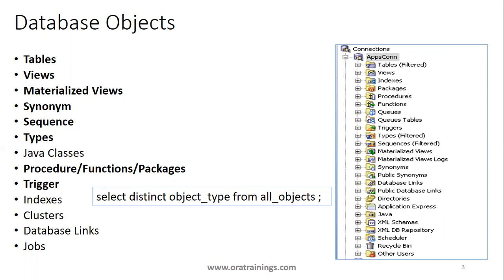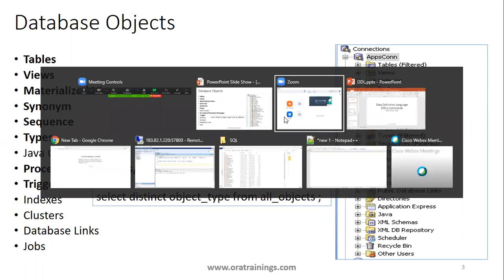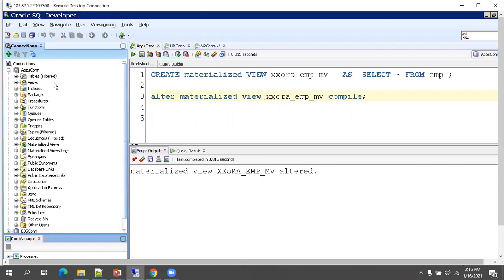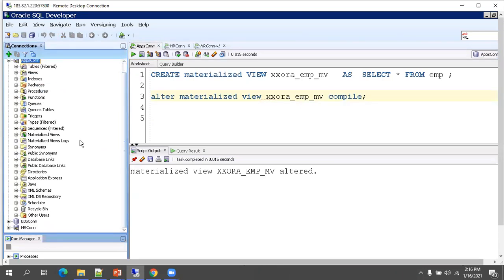On the right side, the screenshot is from SQL Developer. If you want to see a particular table available in your database, or the set of views with a particular name, select your connection and expand it. It shows a list of database object types you have in your database.